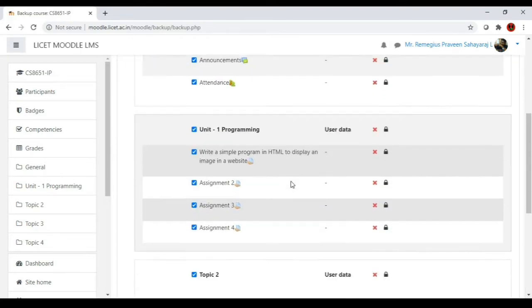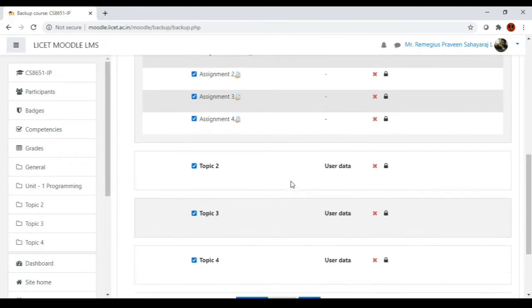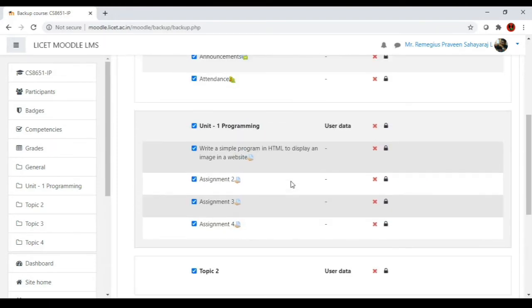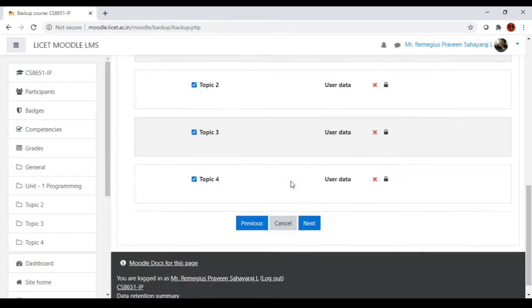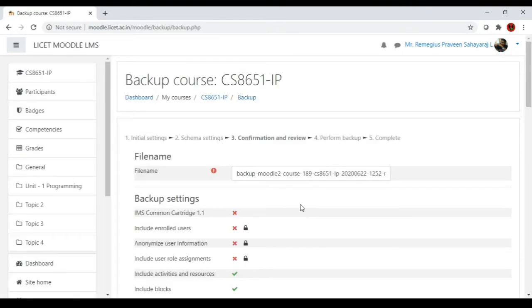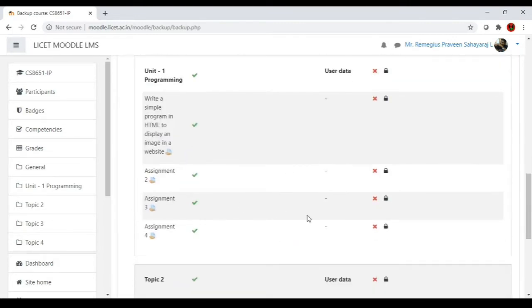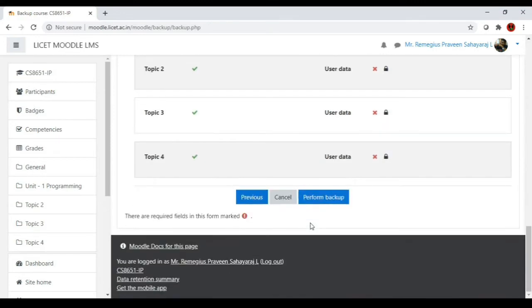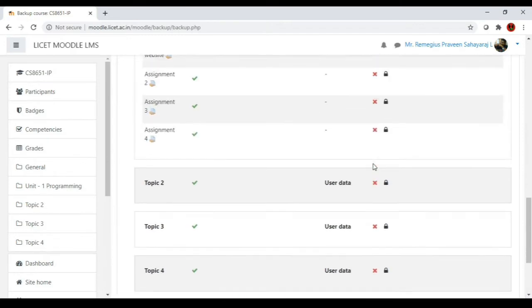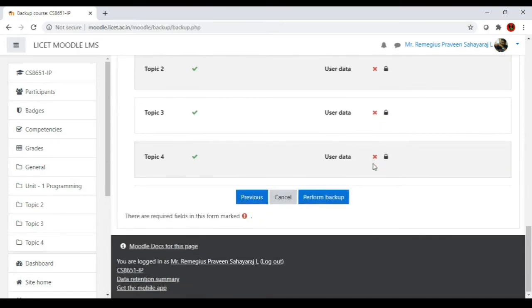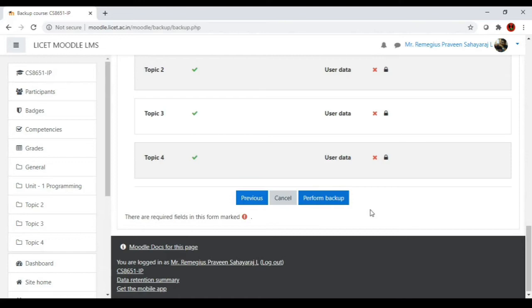Here we can have a brief idea about what things will be backed up for you, and in fact it is detailed in nature. So we go to the next one. This is the final step, where a detailed structure of the contents that will be backed up is shown. Once you are convinced with everything, you don't want to disable something. Even at this stage, if you want to disable certain things, you can click this previous button and disable them. But as of now, I don't want to do that. I just want to take a backup of everything. So I just go for this perform backup.